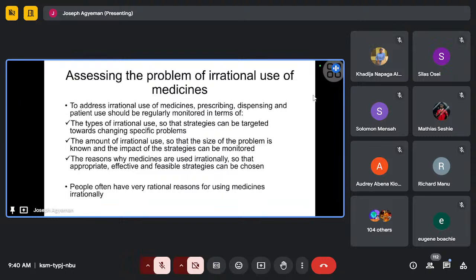It's an act of irrational drug use, but the person has a rational reason for taking the drug, because the person doesn't have access to any medication. Therefore, once he gets the chance to take one, he will use it. However, it's an act of irrational drug use. Lack of access to